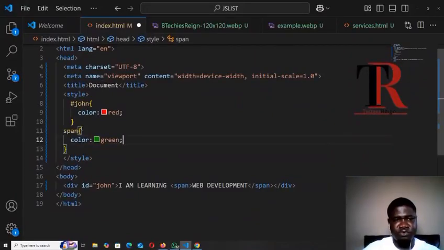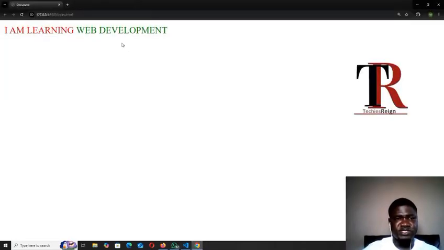Green. So now note that this color we are seeing is green. It's only for the span element, and we have already declared a span here. We have put our web development in between this span. That means this span we are working on here will only affect this one that is in between, this web development. So if we save it now and we come to our browser, you see that web development has changed